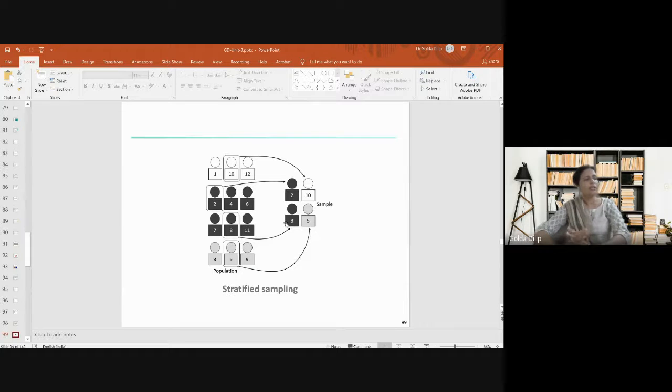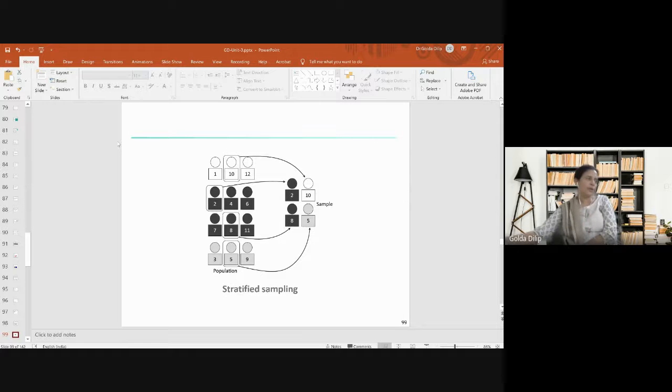Okay, so stratified sampling means the sample, in the sense of a representative amount selected from the entire population or from the entire data set. It's a terminology used in statistics. The samples are selected in the same proportion, by dividing the population into groups or strata based on the characteristics as they appear in the population. For example, you can see here.